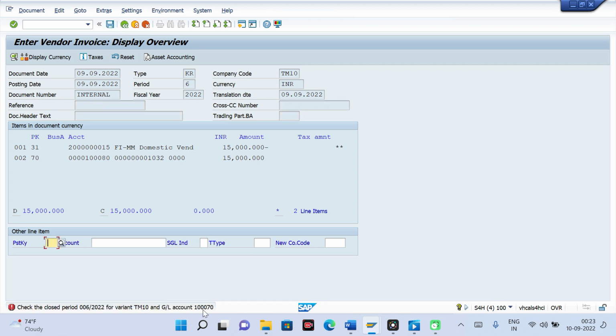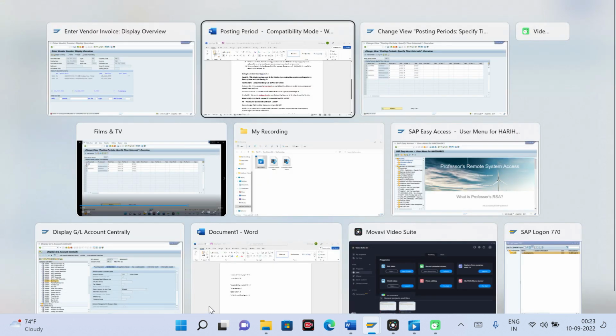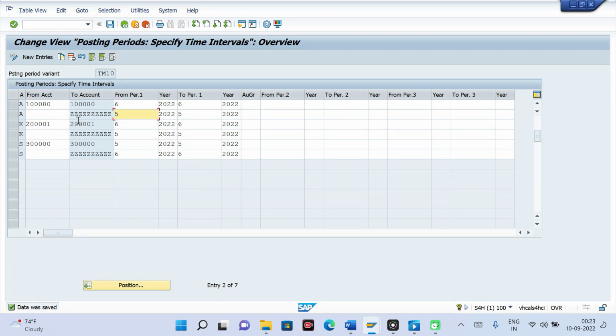Yeah, so see 1070, now it is throwing error. This is for your account type A. Account type A, it is throwing error. This is your asset. Now open this period for asset also and save it.